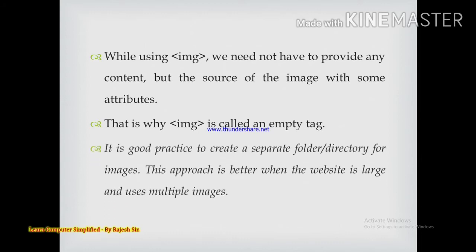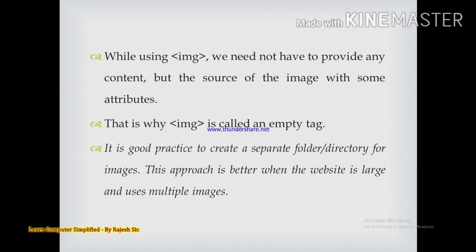It is good practice to create a separate folder or a directory for the images. This approach is better when the website is large and uses multiple images. So in our practical we are doing the same. We are creating one folder and all the images, all the links or any other multimedia elements we wish to add into our web page, that we are adding into that folder and creating the web page in the same folder.